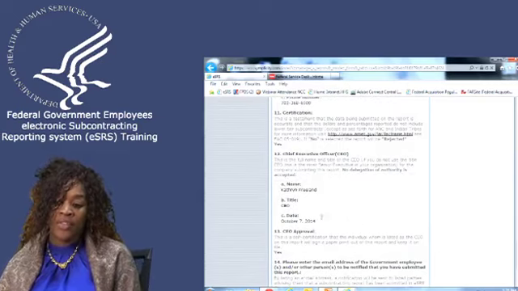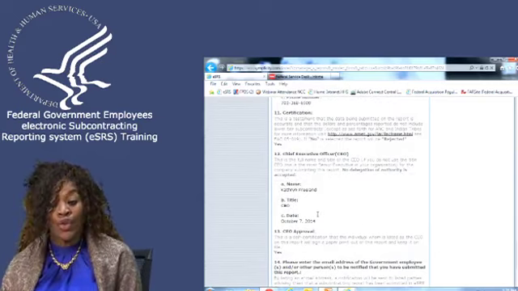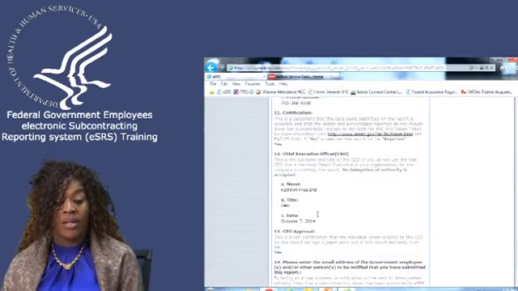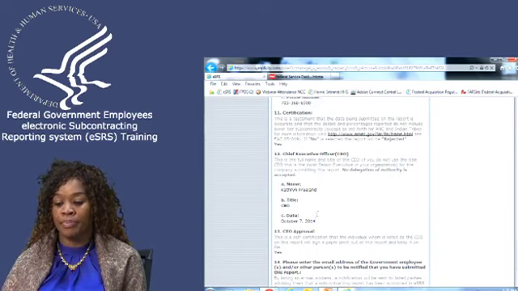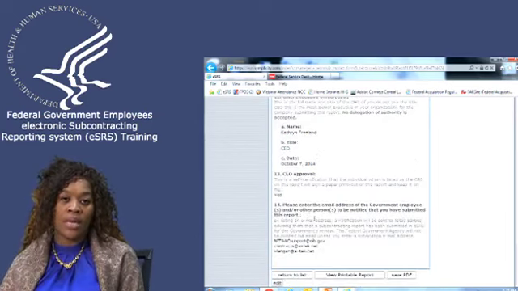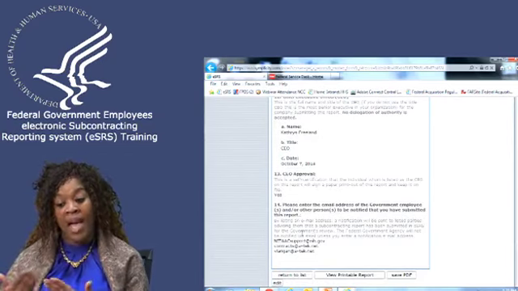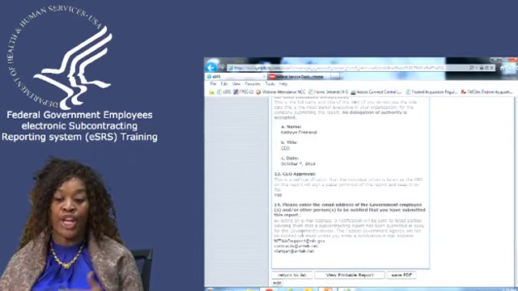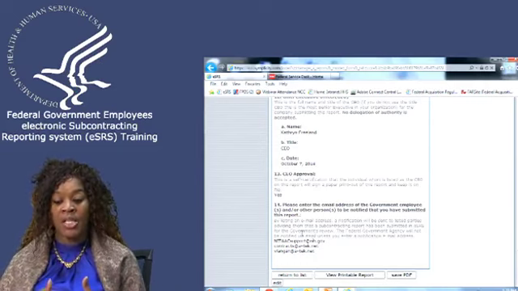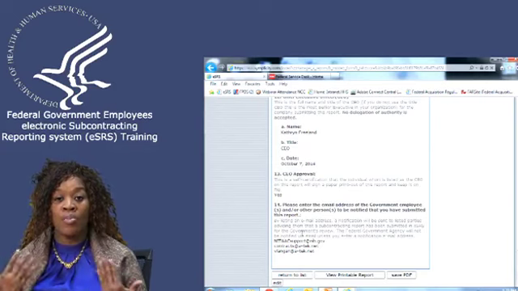If they're not willing to certify to the data, then we say reject the report. We also ask the chief executive officer, or the highest tier in this organization, to review this report as well, so that they can also know the dollars that they are reporting on the report. The same goes with the email address here as well. Again, just because we ask that they put an email address, they can put someone in their organization, they can put someone at HHS. The only thing that this is letting them know is someone has reported.